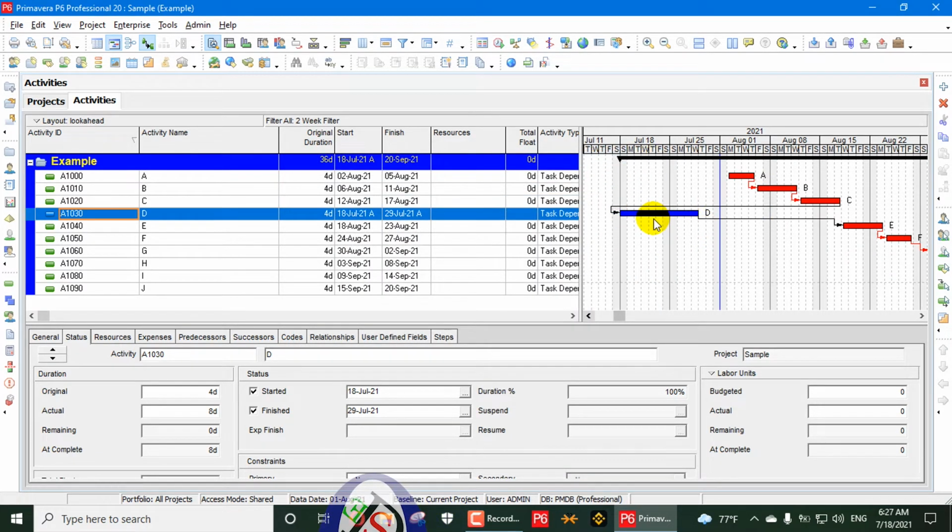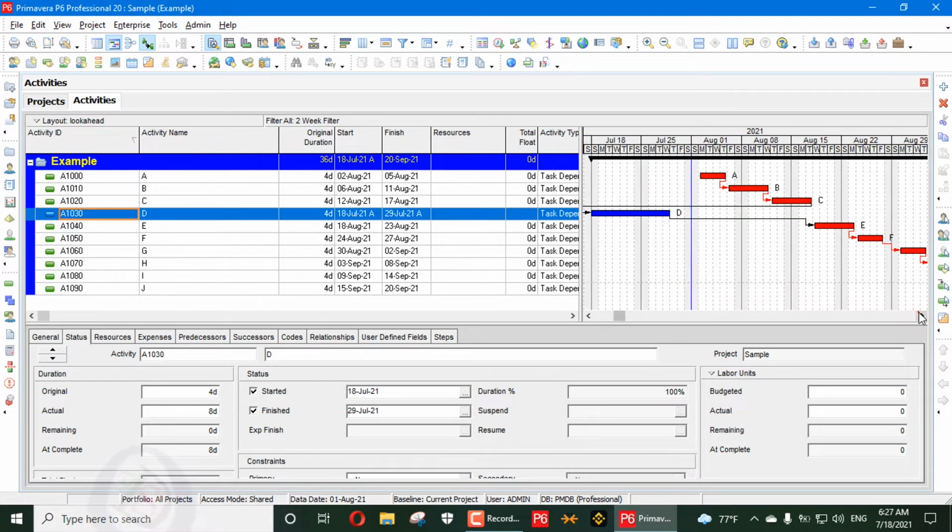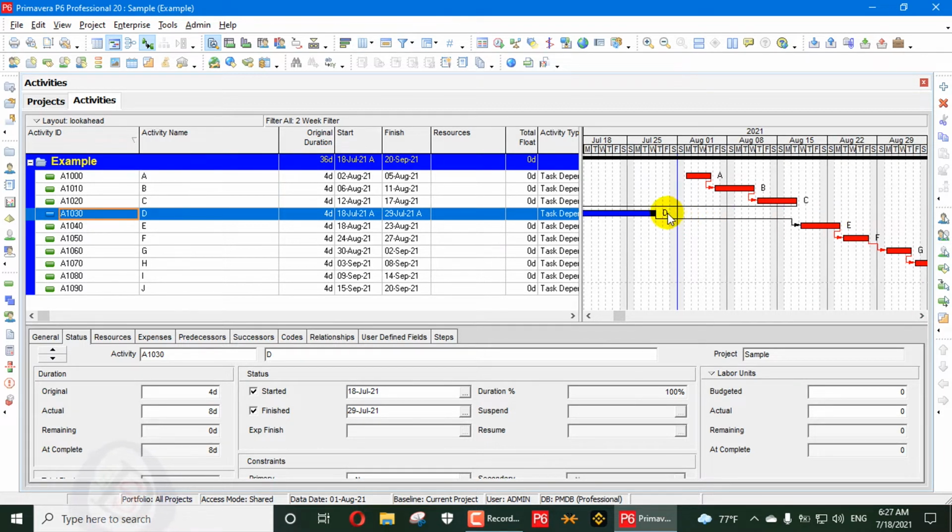Here this activity is done out of sequence. The time has passed. Activities A, B, C are not done, but activity D, which is a random activity, is done. See what happens. Activities A, B, C continue their relationship, but D drops its relationship, and then E continues after C. After D, this activity should be done after this date.